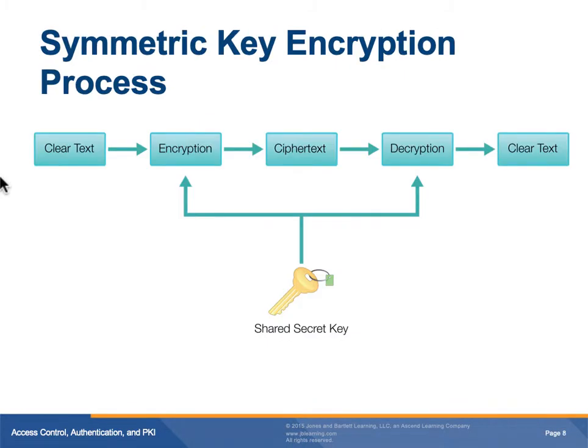The symmetric key encryption process. Symmetric, same on both sides. Clear text, the encryption process, the ciphertext, and decryption, and the clear text is the result on the receiver side. In the symmetric key encryption process, you have one key that encrypts and decrypts. You'll see the chain of events from clear text to ciphertext back to clear text using the same shared secret